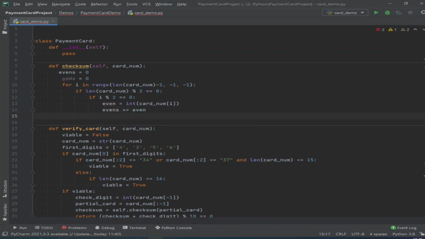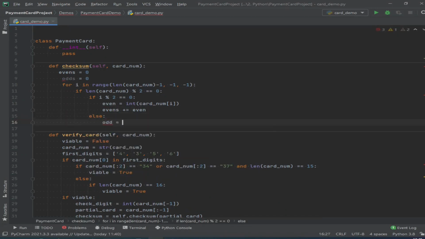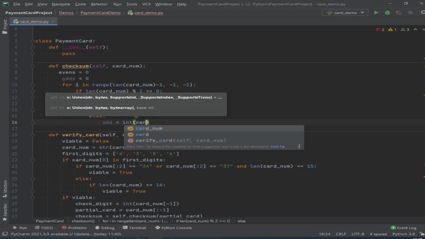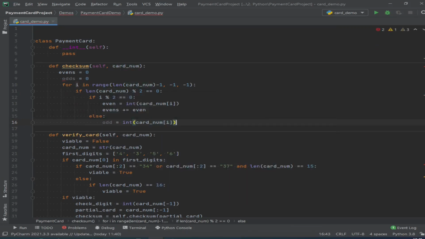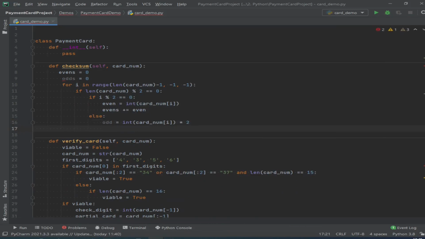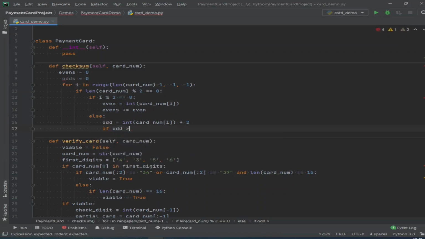Then else, now we multiply the odd. So odd is equal to int, we are casting into integer, card norm at i. So we're multiplying that by 2, times 2. Then we need to check if it is greater than 9, if it is double digit. So we need to check if the product is a double digit. So if odd is greater than 9,